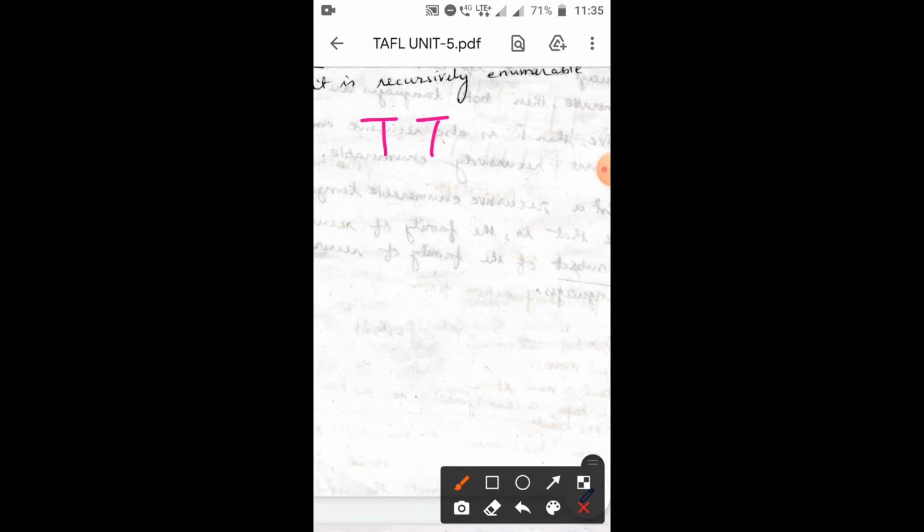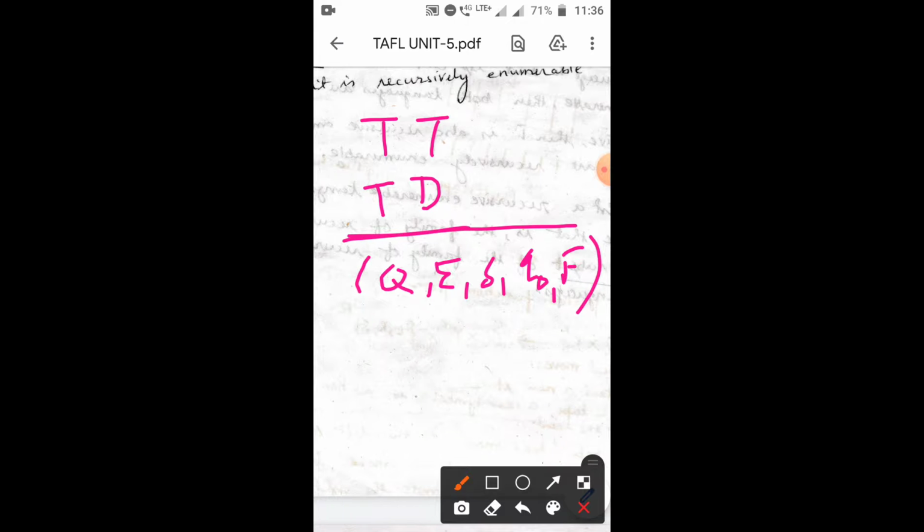For it we have the transition table and transition diagram, or we can represent it in another way by defining all the five tuples individually, by writing all the 5 tuples, and we can also represent our machine.